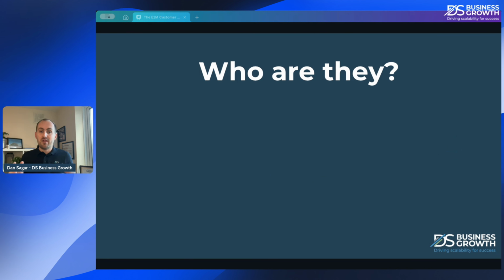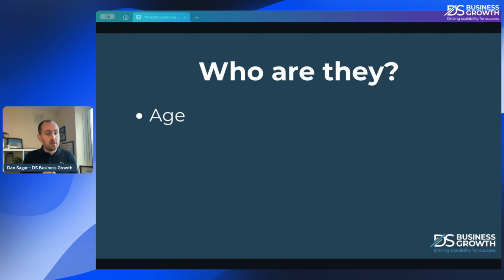When we look at who are they, there's a few things that we will take into consideration. If you've got different products or different services, more likely, that serve different people, you can do this entire exercise multiple times. So if you've got a couple of really defined niches or sectors, it would make sense to do this exercise in its entirety multiple times. For the purposes of this example, as I run through it, just think of one of those and focus on one of those for the moment. So who is this person that is your dream client? These are the things that you want to think about.